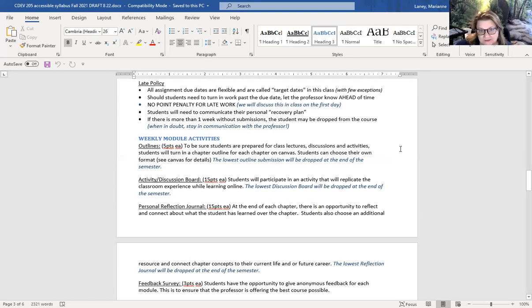At the end of each chapter, you will have a personal reflection journal. So at the end of each week, that is 2 journals based on what you learned that week in that chapter. I do a piece where it's like, give me 5 sentences on what you learned, and then give me 5 sentences on something new that has to do with this chapter, but additional research that you've done.